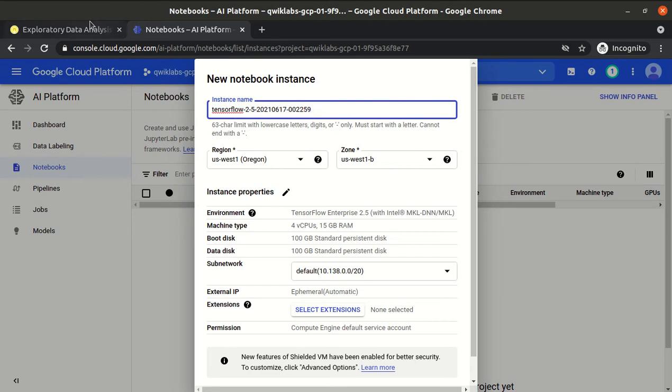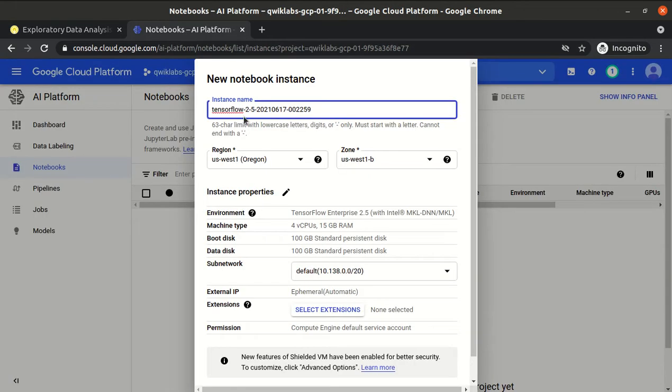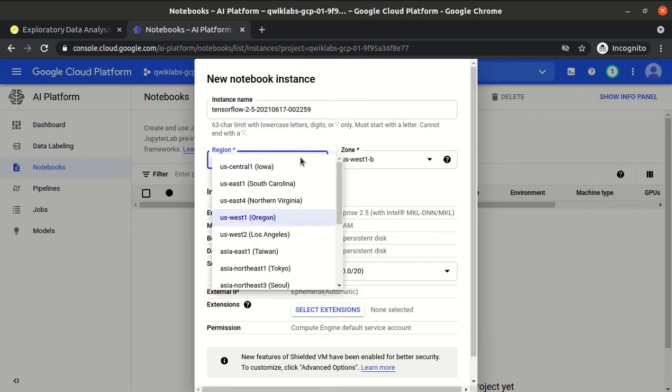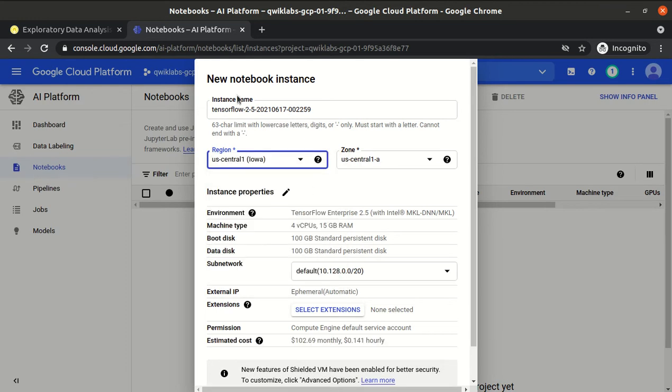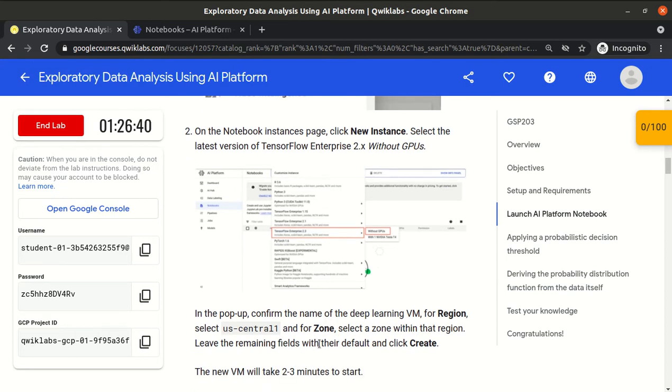The region, it is mentioned, we have to use is us-central1. Okay, the rest of the fields are default, and then just click Create.